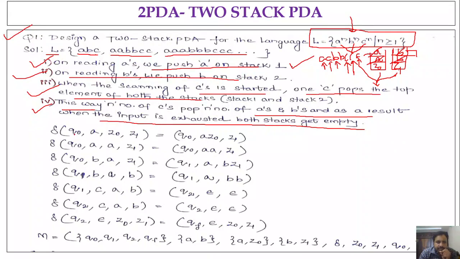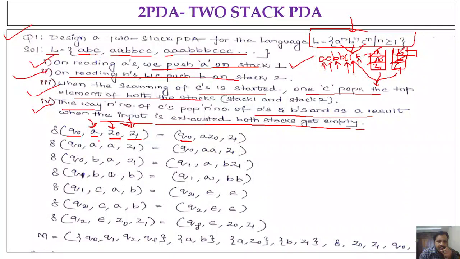See here. So first delta of, we start from the starting state q naught. Okay, so consider that the first input is A. So in this particular language property, every string must start with A. So the first symbol must be A. Top of the stack 1 will be the Z0 and top of the stack 2 will be the Z1. Okay, so current state q naught, current input A, top of stack 1 Z0, top of stack 2 Z1. Okay, now what we are doing, by remaining in q naught, we are going to push A's.